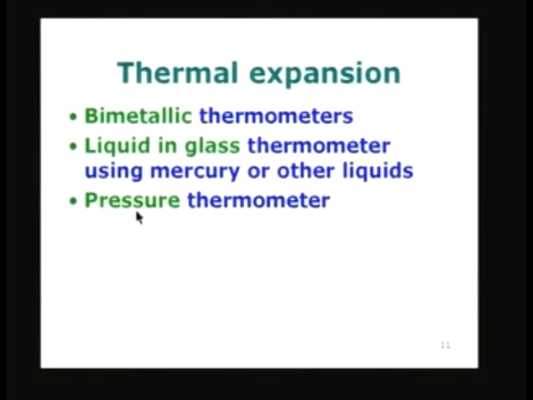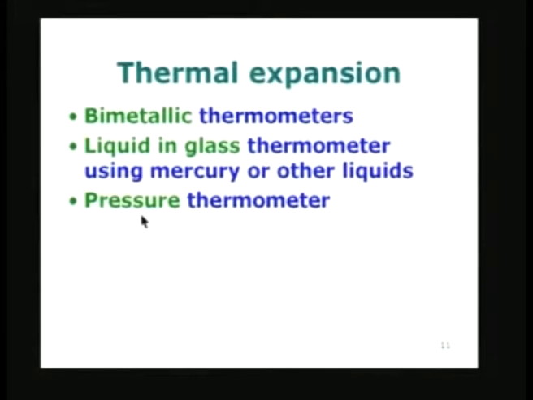We can also measure, instead of measuring the volume directly, by confining the material to a constant volume, or taking it in a rigid vessel. When you increase the temperature, the pressure is going to increase, because you are not allowing the expansion of the liquid to take place. That means that you are converting it to a pressure, and pressure can be measured using a pressure transducer or some such arrangement. Therefore thermal expansion basically consists of three different types of instruments which are given here.